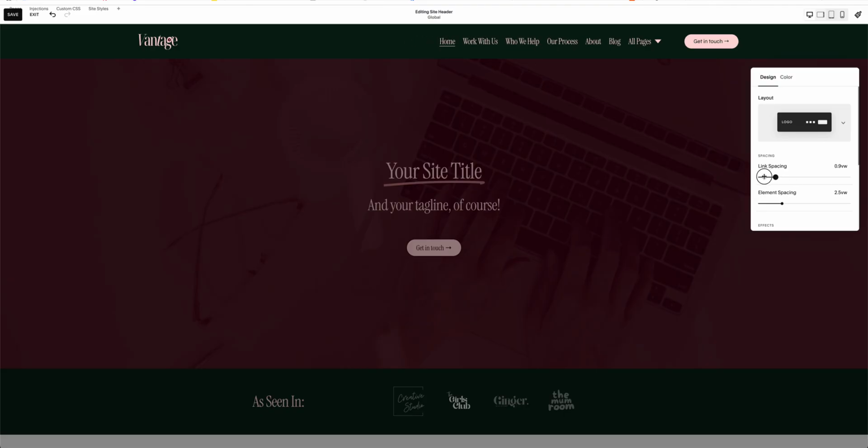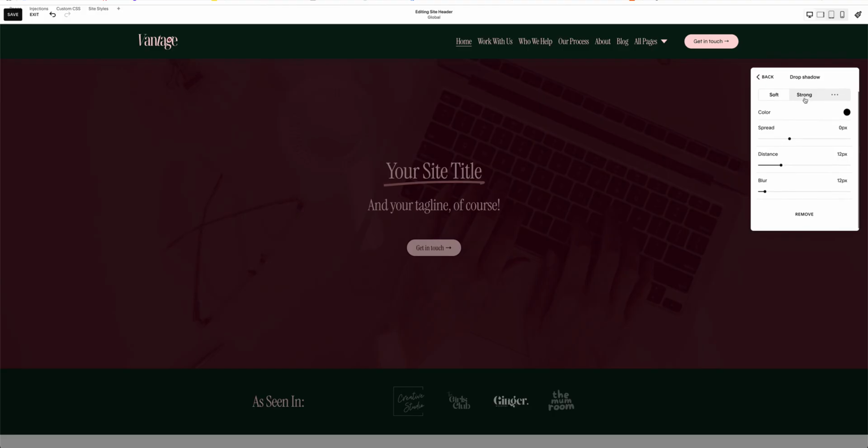So we want enough so it's not super close together, so people can understand which link is which, but not so much so that they're filling out in space from each other. Then we can change the spacing between elements, and I've only got the navigation and the button on at the moment, but if we still had the cart and account and all of that in there, then that would increase that spacing. We can add a drop shadow if we want to,